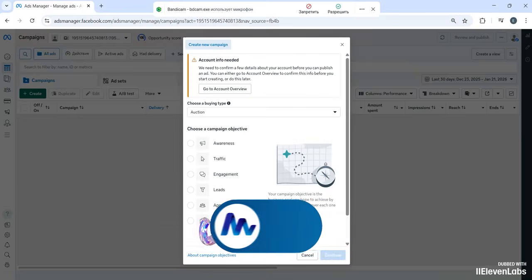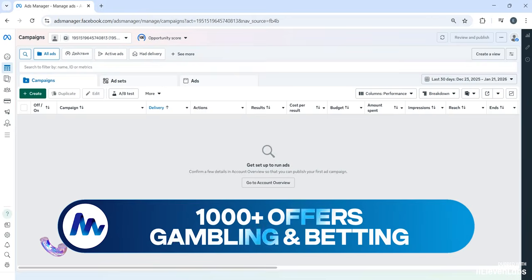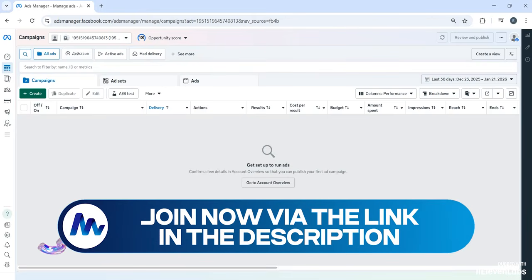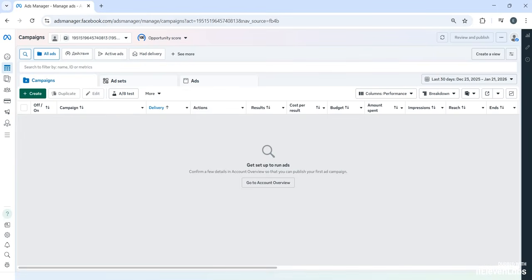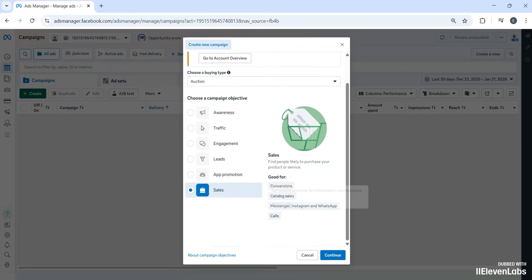It has been quite a while since Facebook initially rolled out the Advantage Plus feature, and if previously you could simply disable it with the click of a single button, now Facebook is slowly but surely removing the entire option to turn it off. This all indicates that the Advantage feature will, in all probability, remain permanently active. It's already difficult to understand how to disable it. That's why we are making this video especially for you.